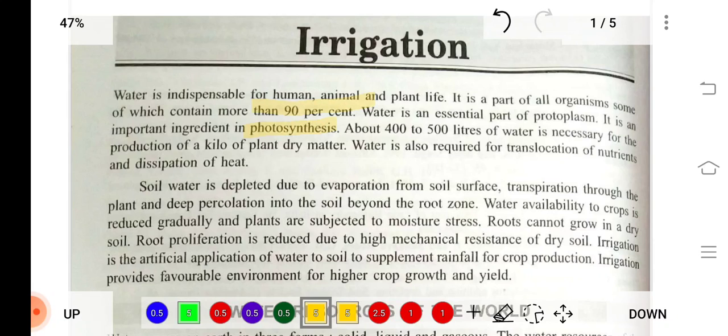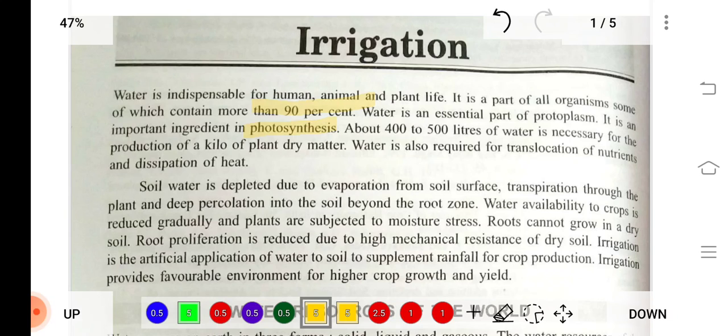About 400 to 500 liters of water is necessary for the production of a kilo of plant dry matter. This water requirement varies from plant to plant. Water is also required for the translocation of nutrients and dissipation of heat. Plant heat increases the plant temperature, and this also increases evaporation and transpiration losses, where water goes out from the leaf stomata